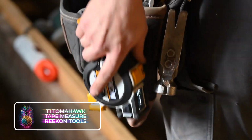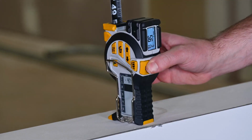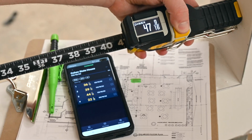T1 Tomahawk Tape Measure, Reekon Tools. This revolutionary tool redefines productivity with its advanced digital measurement technology. As the first ever professional-grade digital tape measure, it empowers workers to record measurements more swiftly and accurately than ever